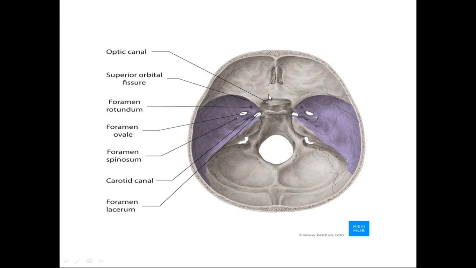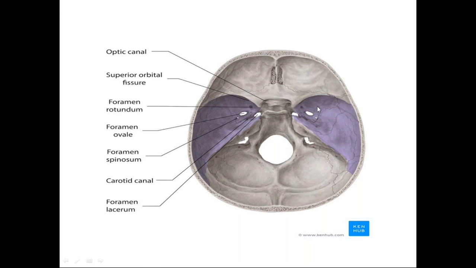Now this anterior cranial fossa, in the center, has the foramen cecum. Just behind the foramen cecum, it has a tank-like projection known as the crista galli. On either side of the crista galli, these are the fine perforations present within the cribriform plate of the ethmoid. Through this cribriform plate of the ethmoid pass your olfactory nerves and vessels. Now this is your anterior cranial fossa, this is your orbital plate of the frontal bone. Posteriorly, this is your lesser wing of the sphenoid.